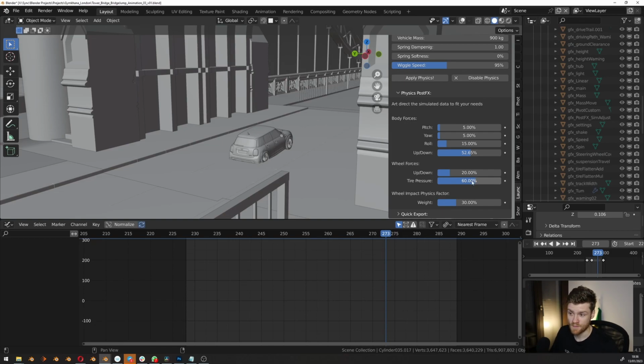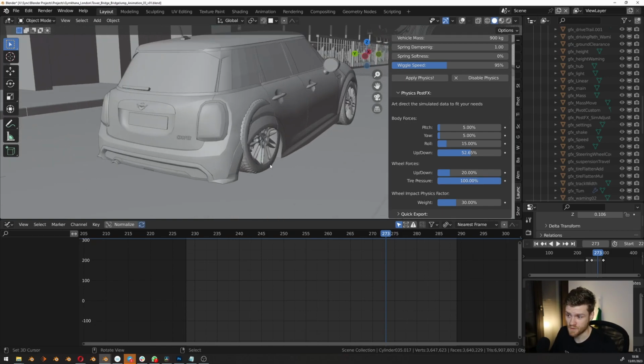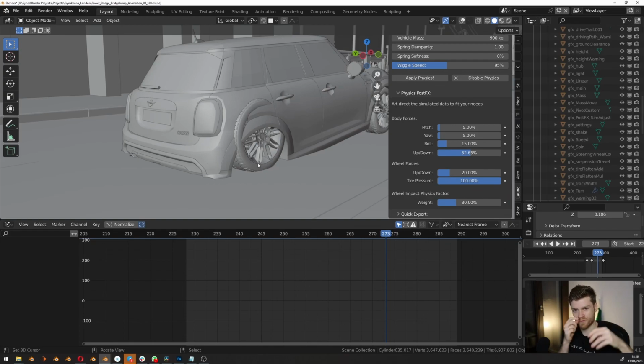So if we put the tire pressure all the way up, you can see how the wheels will never stick more through the ground than they already did. So car tires, you would often want to push them a little bit through the ground, because the weight of the car would always push the tires a little bit down. That's just a trick that launch control automatically does. So no matter where you are in the animation, it will always stick the tires a little bit through the